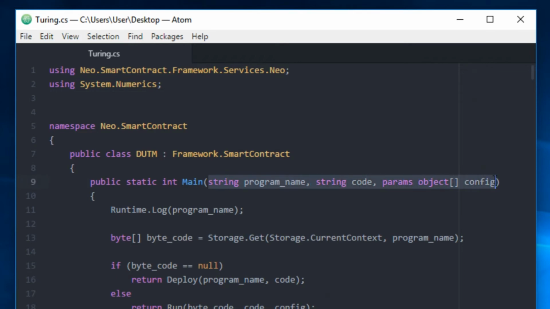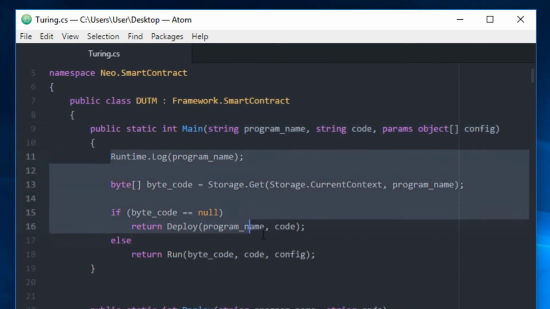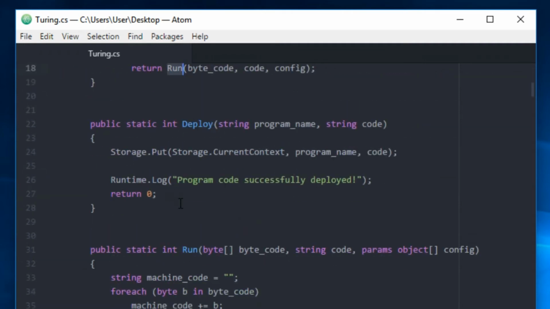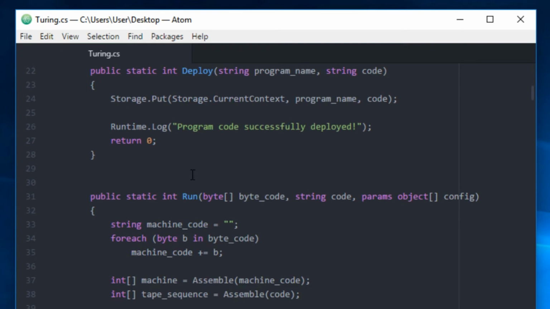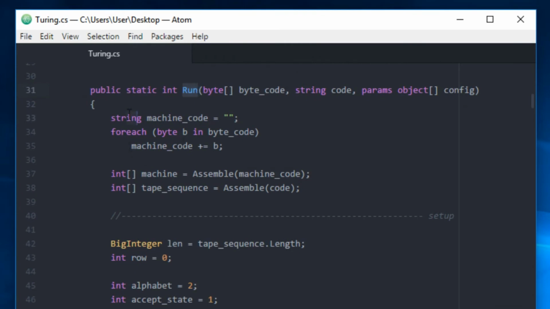That's what you saw in the graphical user interface. And here I hold the main function very short, and it delegates calls to two other methods, either deploy or execute the Turing machine. Deploy will be a very short code, and the run command has, after some initializations